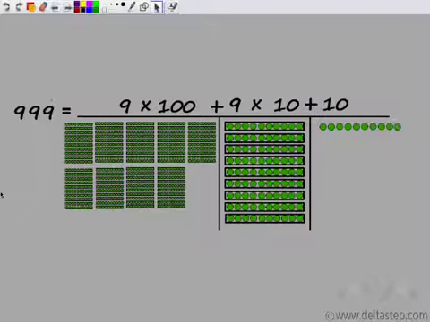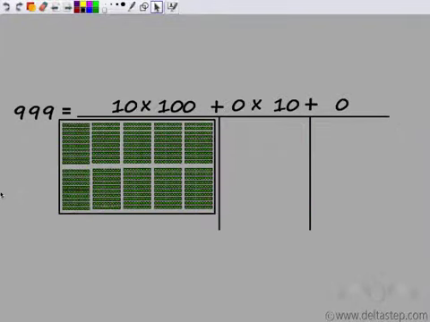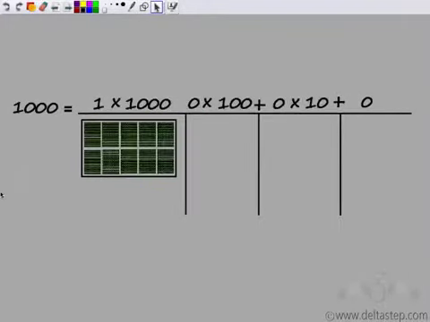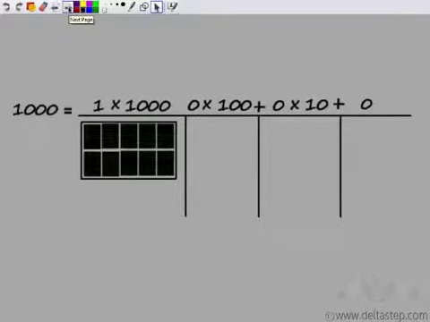So what after 999? If I add 1, now this 10 would not fit here, so I move this to the next column. Again, I get 10 tens. This would not fit here, so I move it to the next. Now these 10 hundreds again would not fit here and will be shifted to a new column, which is thousands. So that's how I get another column, which is thousands. So this is 1 into 1000 plus 0 into hundreds plus 0 into tens plus 0 into ones.